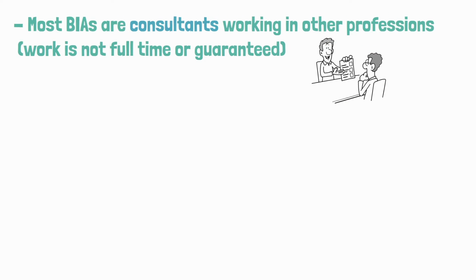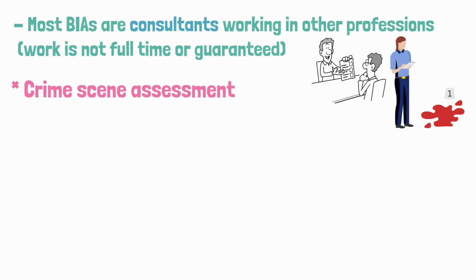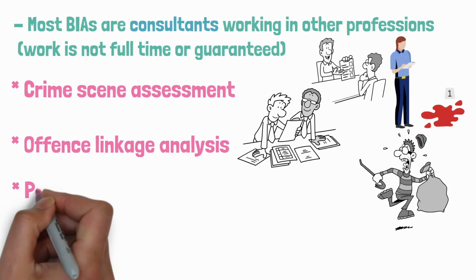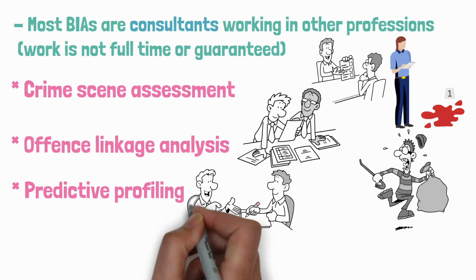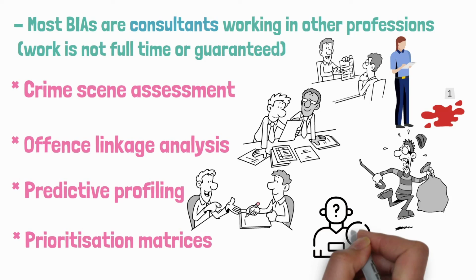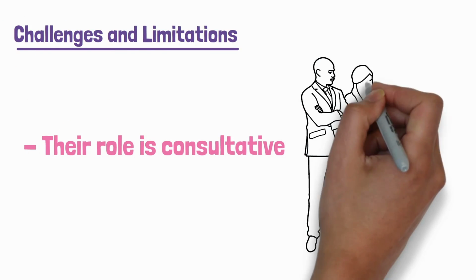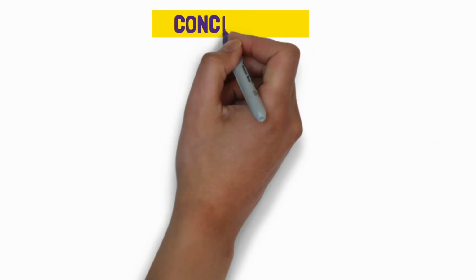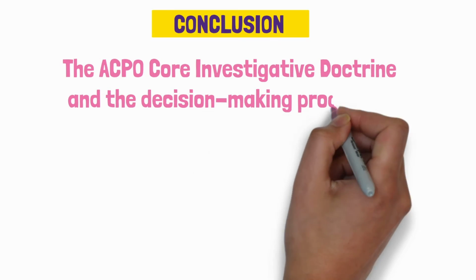I will now break down the way that they do that within their role. So they could look at crime scene assessment, offence linkage analysis, which is looking at whether 2 crimes can be committed by the same individual or not, predictive profiling, which is looking at the behaviour to see what type of person carried it out, and also prioritisation matrices. This is when you try to prioritise certain suspects over others. Additionally, their role is being a consultant, which means their advice may not always be the sole determinant in an investigation. In conclusion, the ACPO Core Investigative Doctrine and the decision-making processes it outlines are essential tools in the world